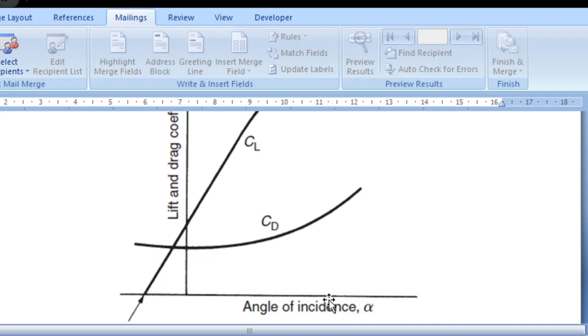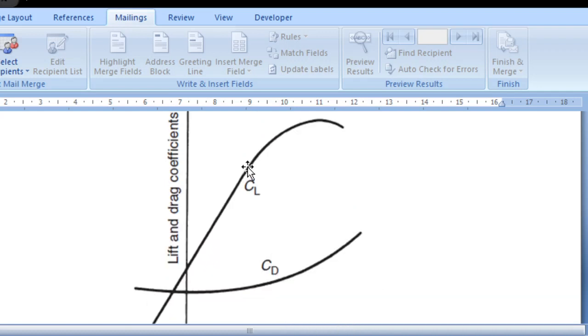See, angle of incidence and angle of attack, when we are talking about the hydrofoil, it's the same. But in case when we are talking about the wings of the aircraft, it's different. So here we'll assume that angle of incidence and angle of attack is the same. So you see this CL keeps on rising, and then at one particular point this starts to go down, and this CD at all angles of attack keeps on increasing. So this point is called the angle of stall, because if we increase angle of attack further, then we will have less lift with increase of angle of attack.